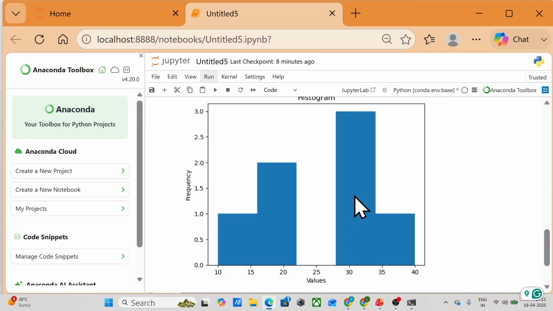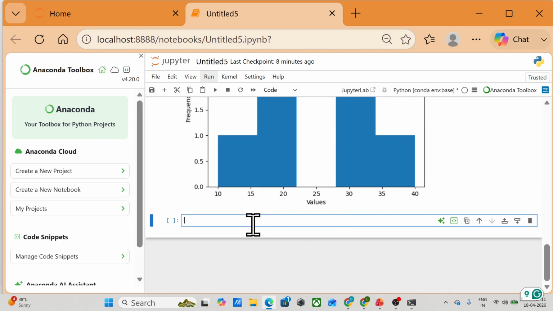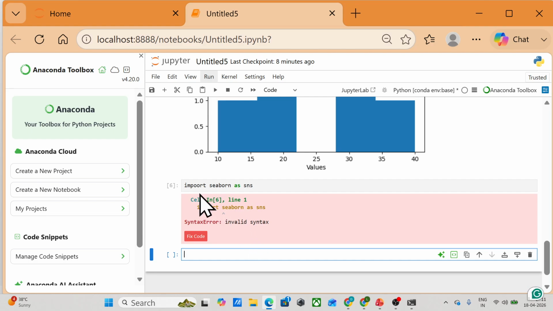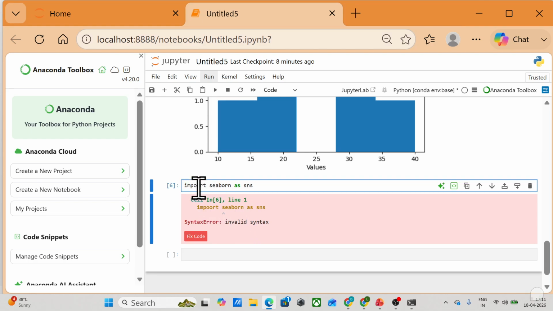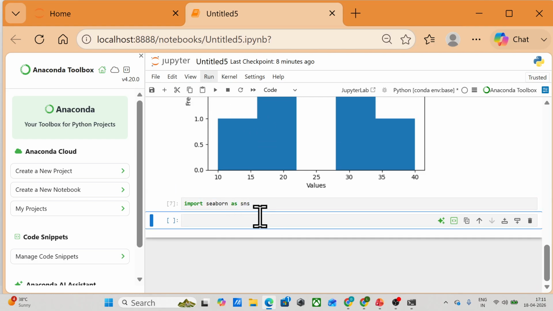Because we are discussing from the very basics, for that you have to import Seaborn as sns, and Matplotlib we have already imported. There is a spelling mistake, I think. Yes, there is a spelling mistake. So import Seaborn.